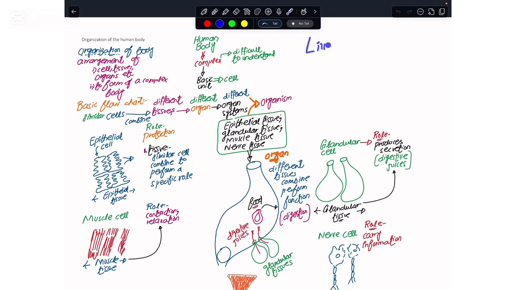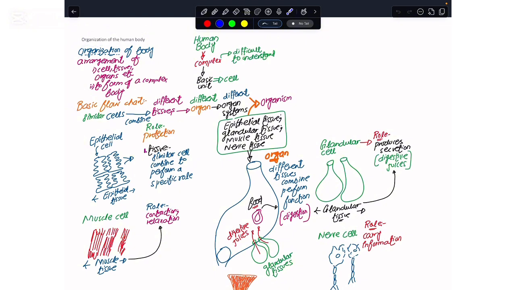Not all living organisms, but most of the living organisms that we have are complex, and we can't understand a complex thing unless we look at its basic unit. That basic unit is the cell, and we have looked at many aspects of these cells. So in this topic that we are beginning now, which is entitled organization of the human body,